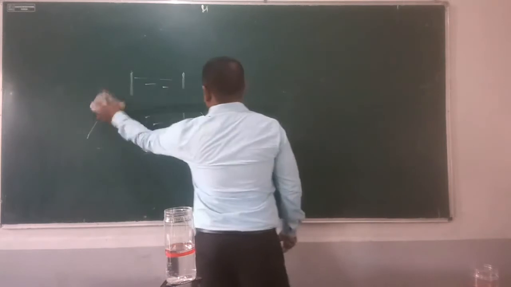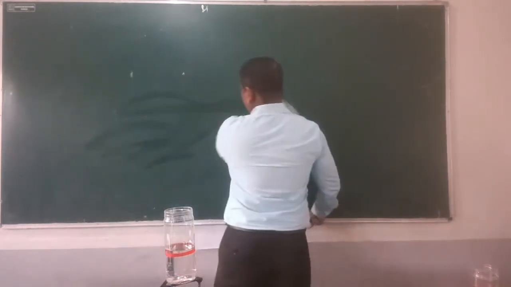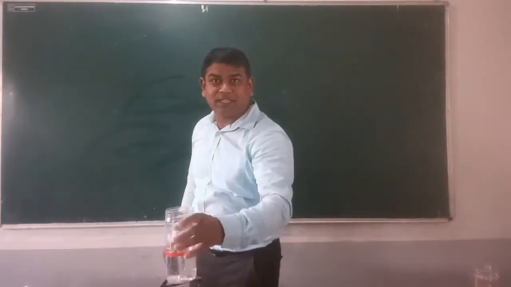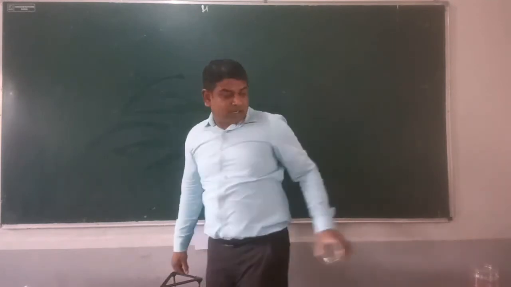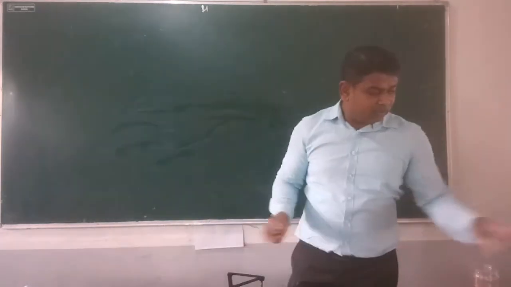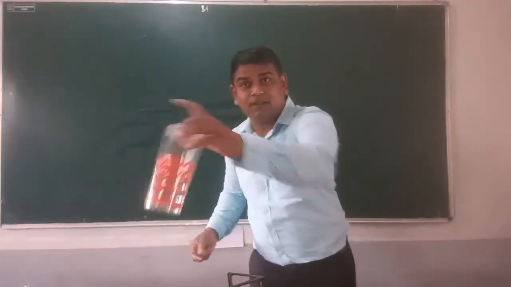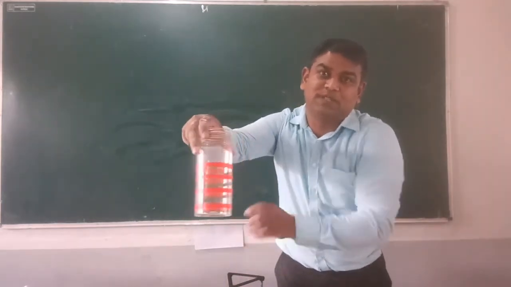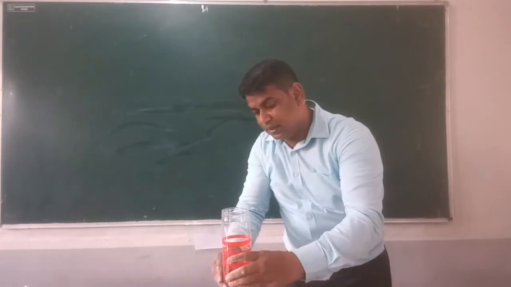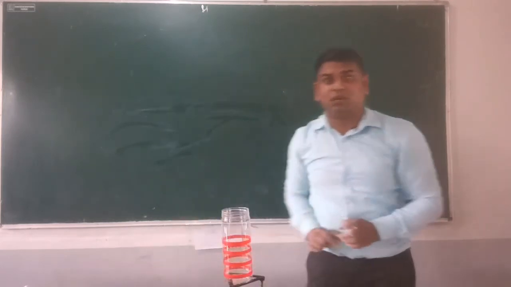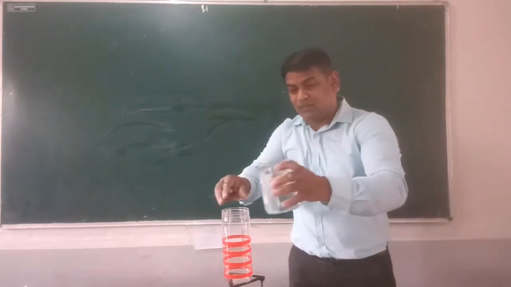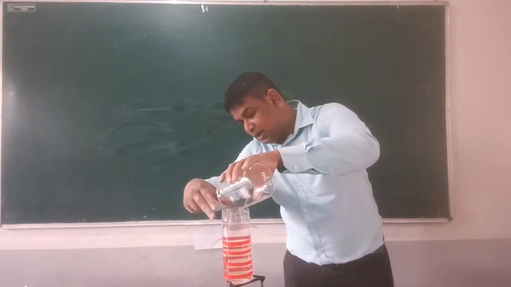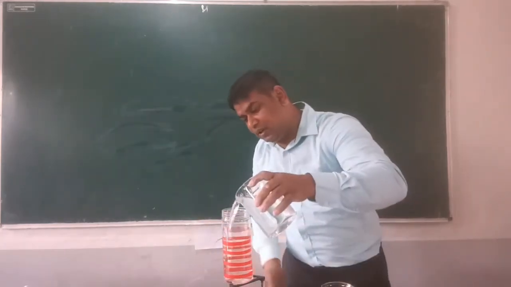Let's erase this. And for the third experiment, let's keep this bottle away. Now I will take the third one, and let's keep this bottle. In that bottle you can see there are 4 levels, 4 different holes. When I fill water, you can notice how water shoots out from this. Right, let's fill water. Filling some water here, and again let's keep filling water.